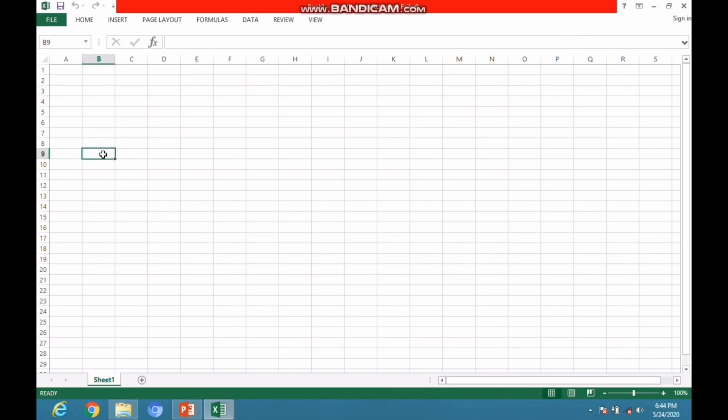Now first of all we are checking how we can enter a formula. For that we are typing in the cells Q1, Q2, Q3, Q4. Randomly we will take 4 values here. So here I have inserted 4 values.